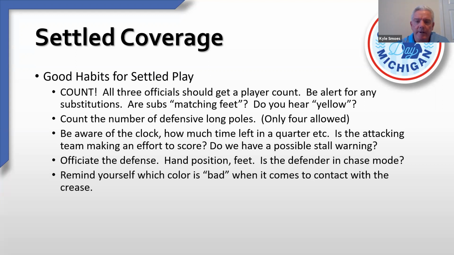The next thing to be aware of would be what we hear in so many other sports as well: officiate the defense. When I'm a trail official, and I have passer and shooter, oftentimes the defender may be 8 to 10 yards away from that player, and he's coming up to defend him. The very first thing I do is I check his hands. How are his hands on the cross? If his hands are 3 feet apart, his hands are bad, so he's suspect already. He can't really do much legally with that stick,